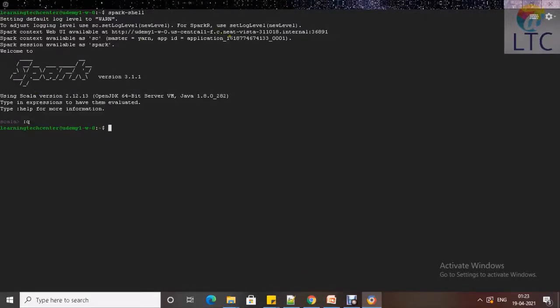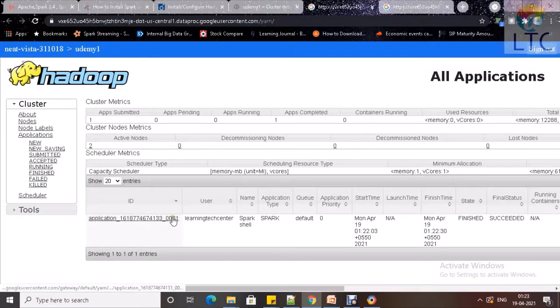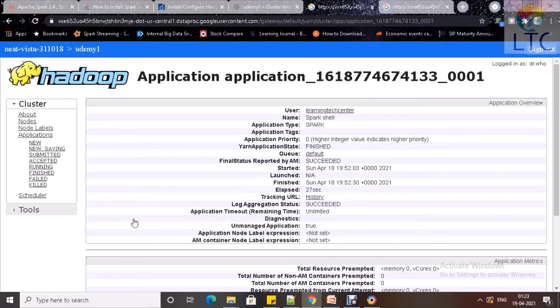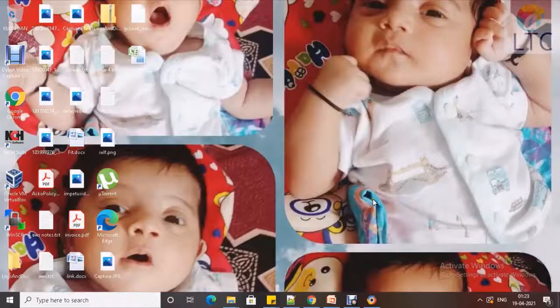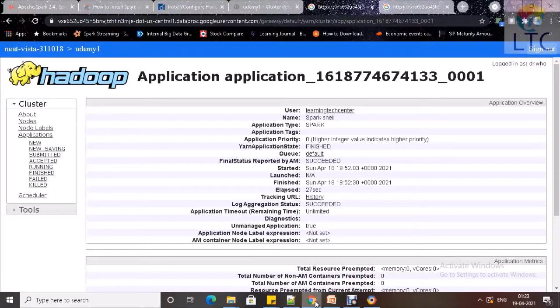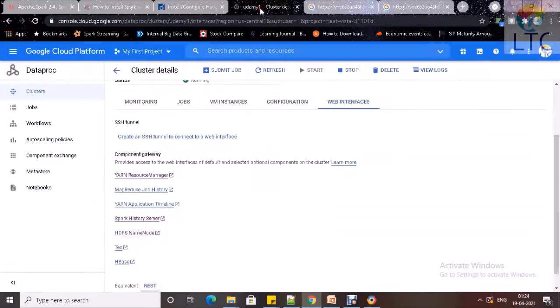This was my application ID 001, right? So I can see details of this Spark application here. I've done a setup where I have everything: Hive, Hadoop, Spark, and I can practice on any machine. I don't need my local machine as well, right?